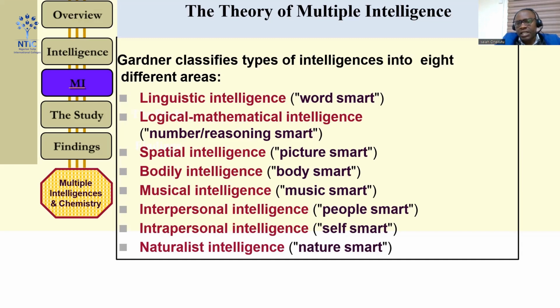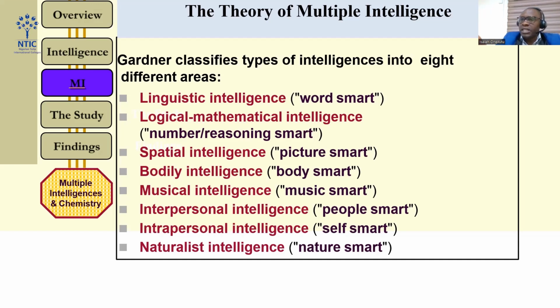Now we have the spatial intelligence, which deals with concrete things they can see and touch, and deals with pictures, videos, and the likes. There are learners that are very good at things like this. They're good at drawing things. We have the bodily intelligence, the kinesthetic. They just want to move their hands, move around, and carry out activities. If you don't plan your lesson in this order, they find it difficult to flow with you.